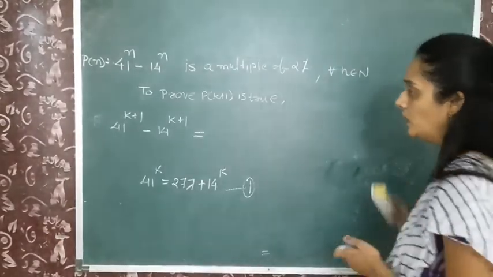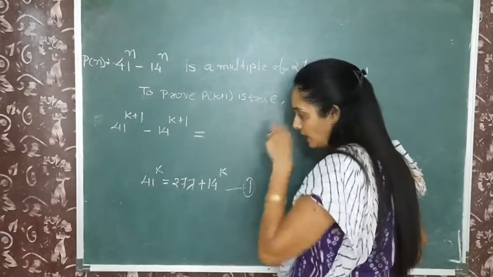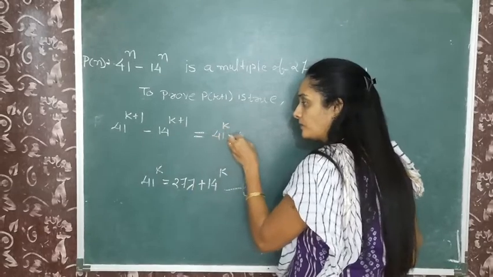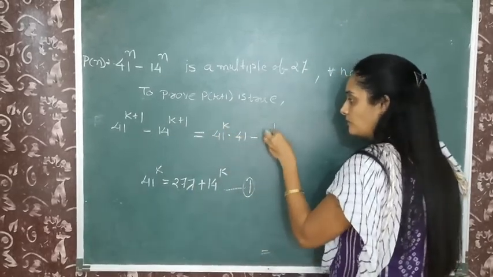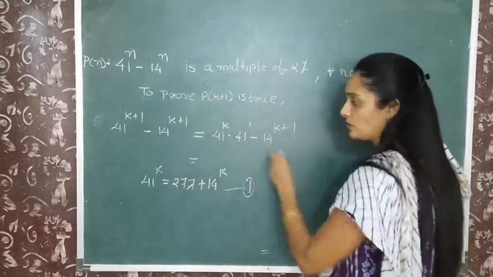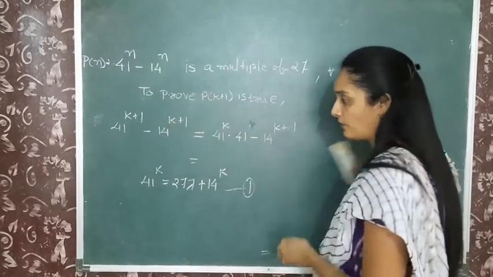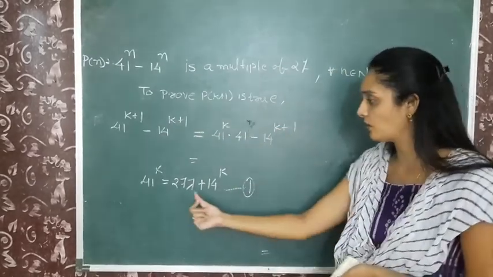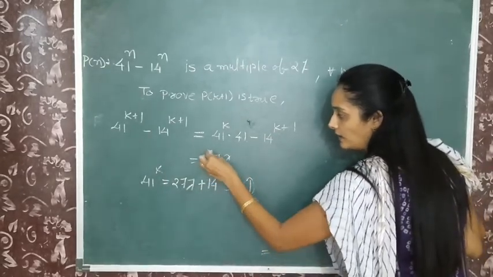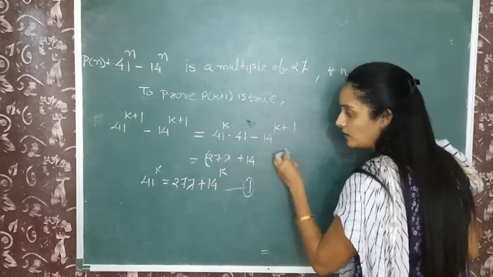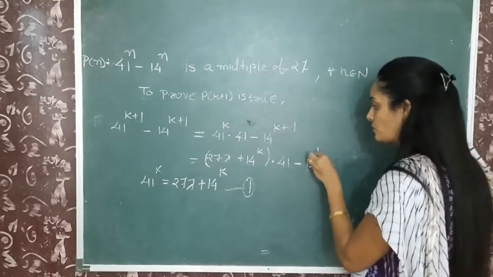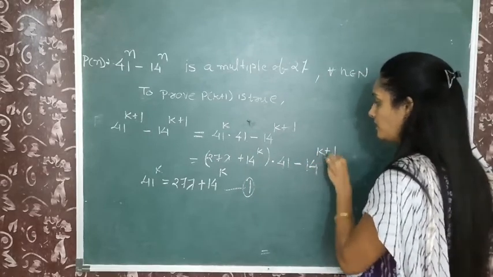Okay, now in result 1 we have value of 41 raised to k, so here we can write 41 raised to k plus 1 is equals to 41 raised to k into 41. Okay, base are same, then addition of power, so k plus 1. Now from 1 we can replace value of 41 raised to k, so here 27 lambda plus 14 raised to k into 41 minus 14 raised to k plus 1. Okay,